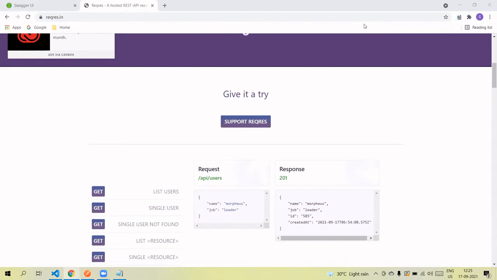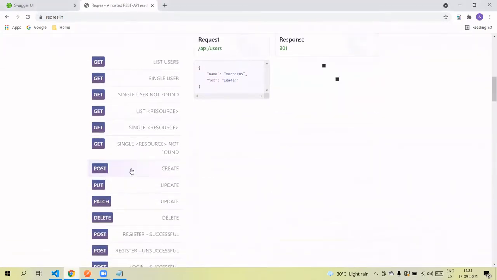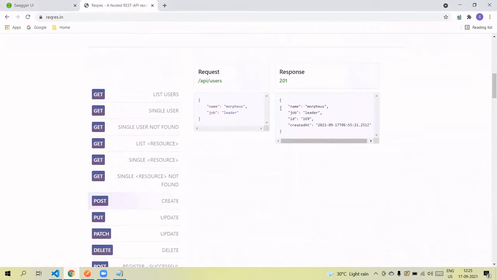In this tutorial, I am going to discuss how we retrieve the response data in Postman and then pass those in a different API request. Here you can see I have one API which will create the user in a system and we will get this response. This is the request to create the user and this is the response data we will get.